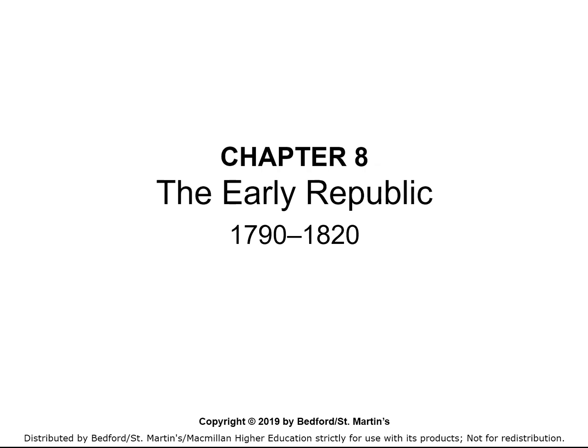We're going to go over Chapter 8, the Early Republic. This is from 1790 to 1820. And in this chapter, we're going to cover three main topics: the dilemmas of national identity, extending federal power, and remaking America's economic character. So this is all the things that we have to deal with after we finally have